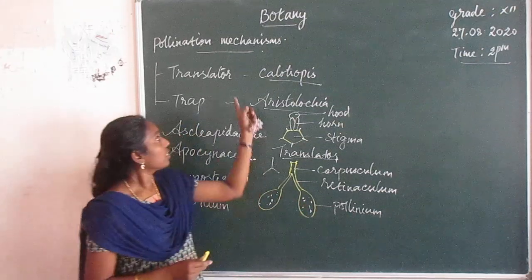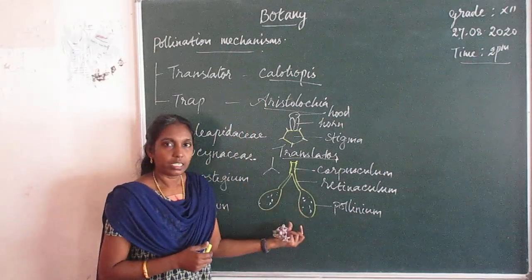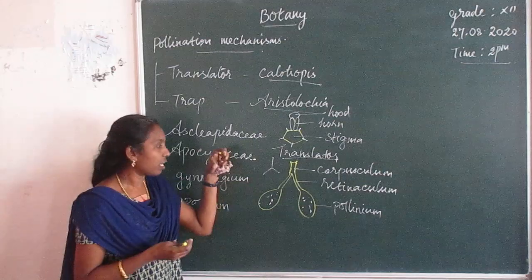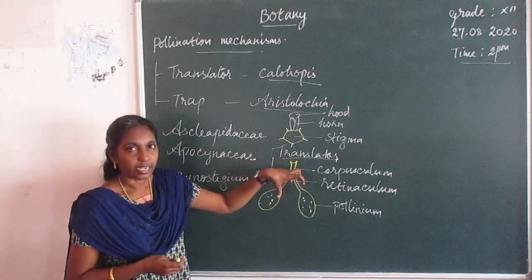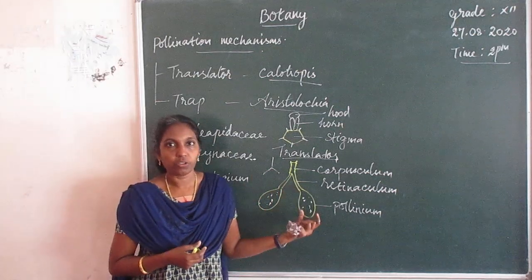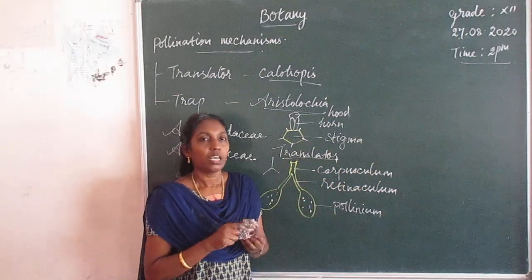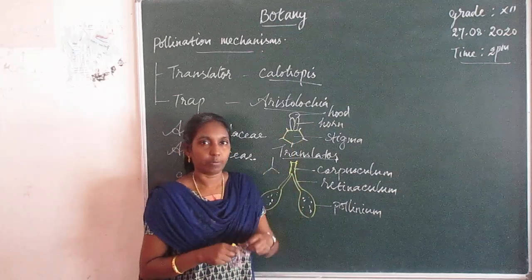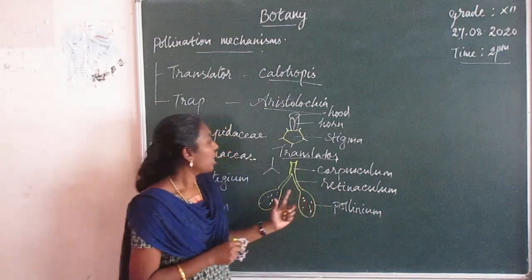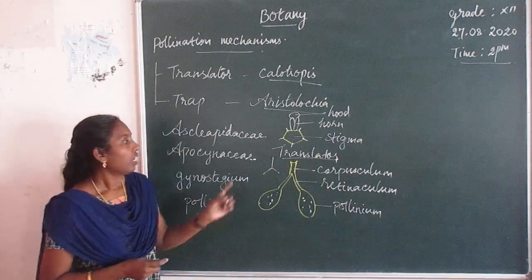This is the mechanism of pollination, the translocator mechanism. Pollen grains are produced within this pollinium. When the visitors, that means insects, butterflies or bees, come to collect nectar from the flower, this pollinium attaches to its proboscis or its leg. When it moves to the next flower to suck nectar, this pollinium falls on the stigmatic surface and effective pollination is accomplished. So this type of mechanism is known as the translocator mechanism. So that is the first type of mechanism.